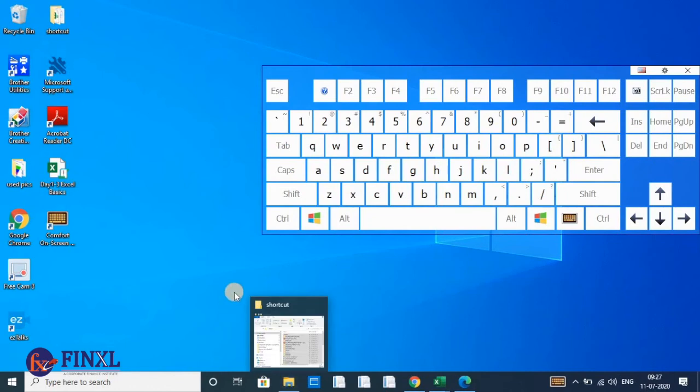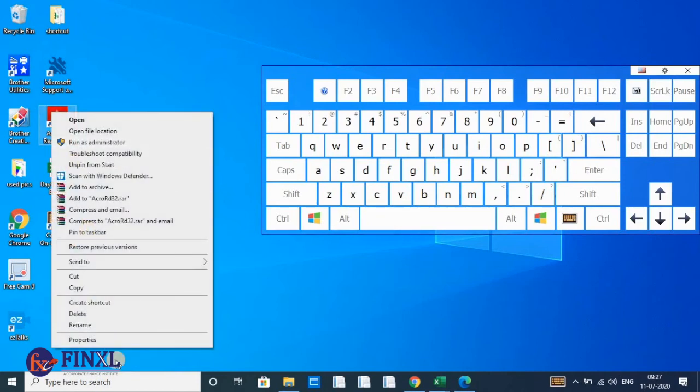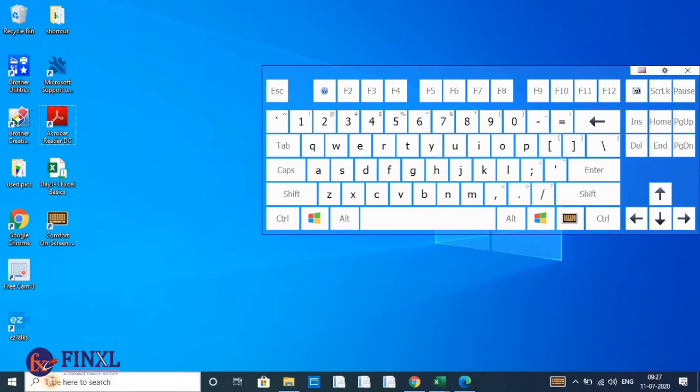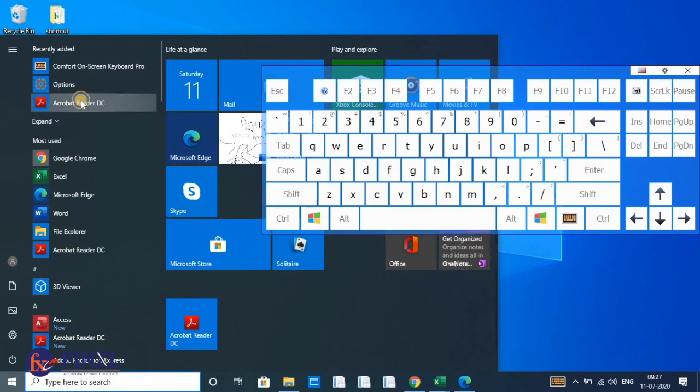You can't see it now, right? If I want to pin this here, I want to show that Adobe Reader. I don't want to show it here, but I want to show it on the taskbar. So I need to go to this program first, right? So window, program, Adobe Reader.